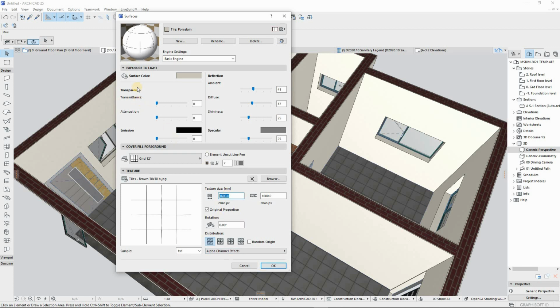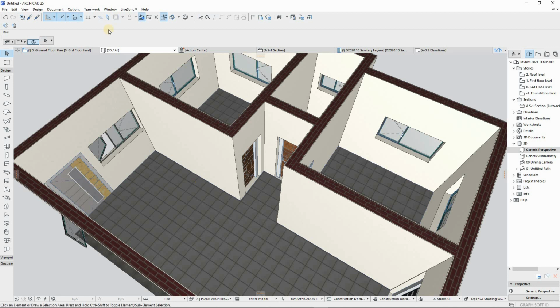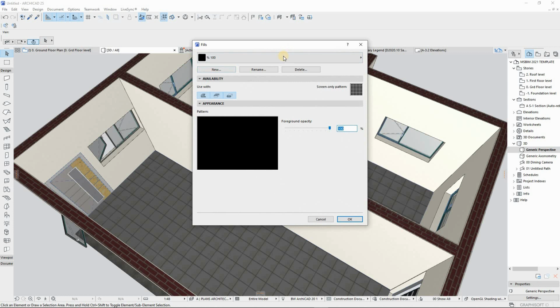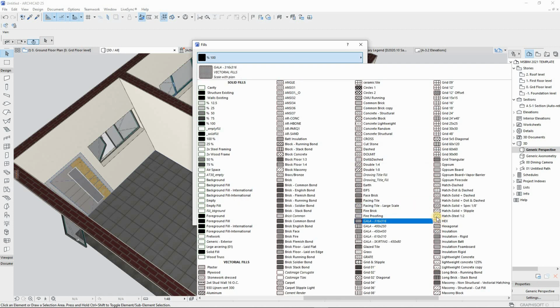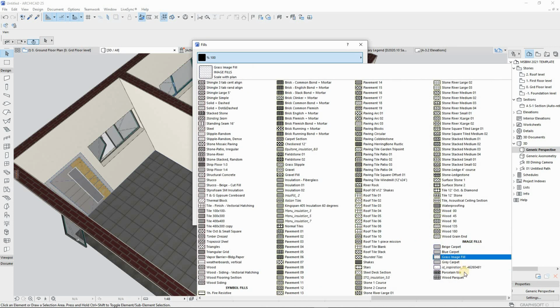And then what else do we need to do? Also, we need to have this material captured on the fill type. So I'm gonna do that as well. So hit OK, and then let's go to our attributes under fill types. Let's create an image fill. To do that, we'll go under image fill there,